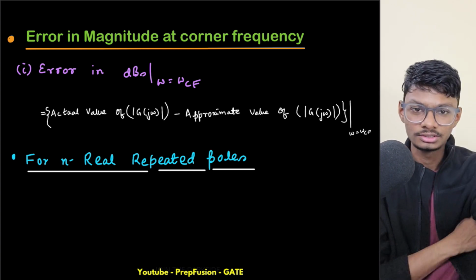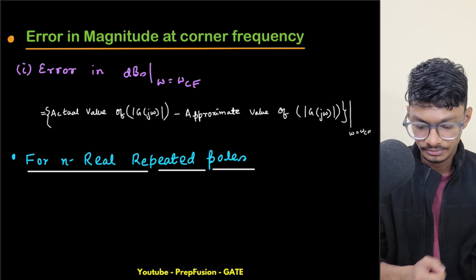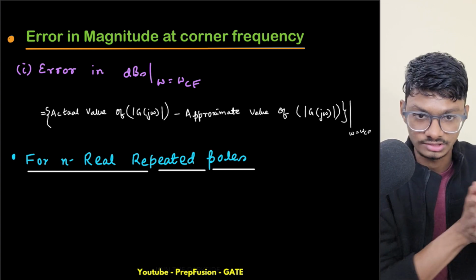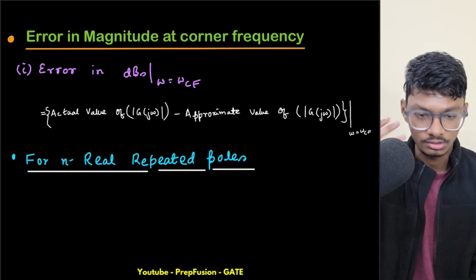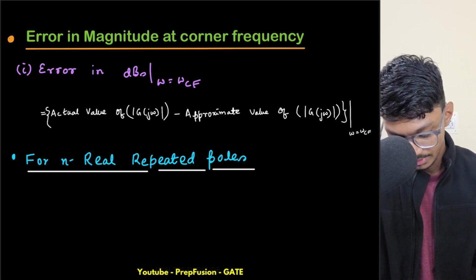Okay, no need to remember anything. From basics we can understand, okay? But I have to obviously get to a conclusion, that's why I will write down the formula, but you don't need to remember. If you understand the concept, then obviously the formula will automatically come up. So let me take a transfer function,